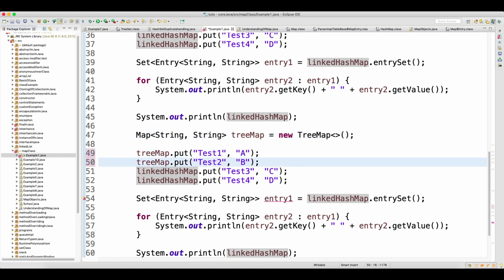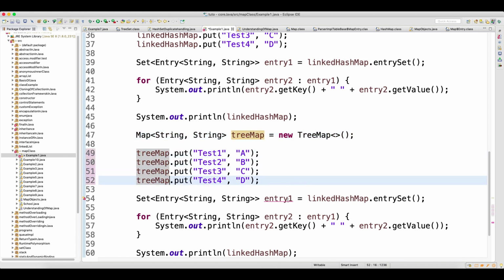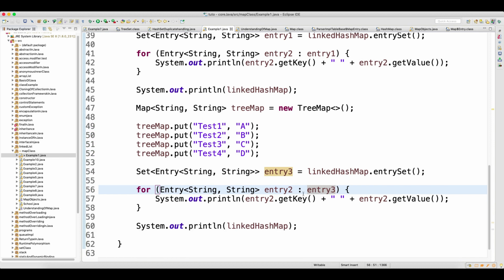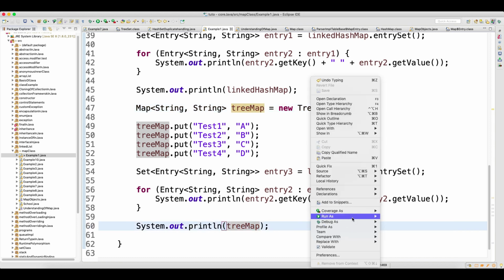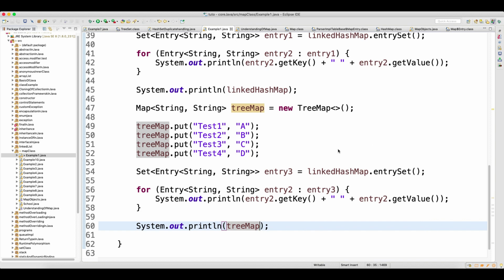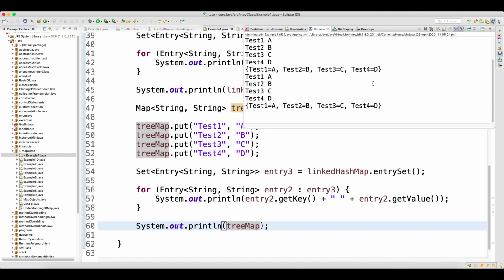This will work fine. Okay, and then go and print the tree map. Now you can look at the difference among these three outputs.